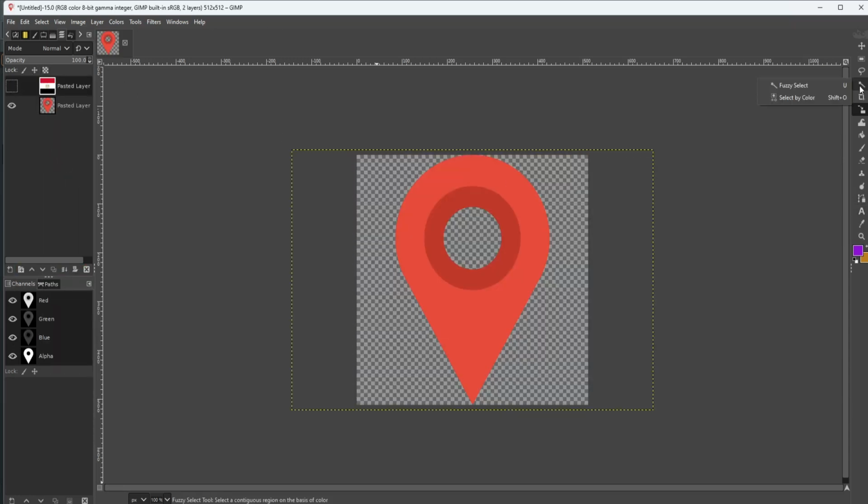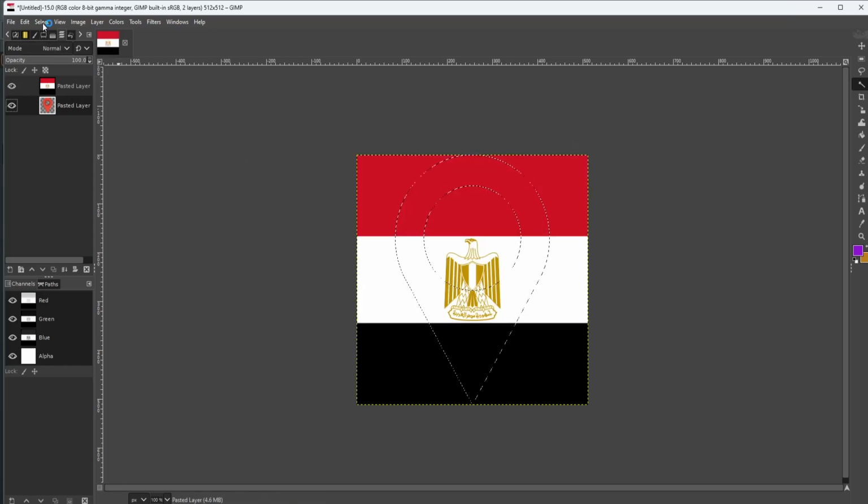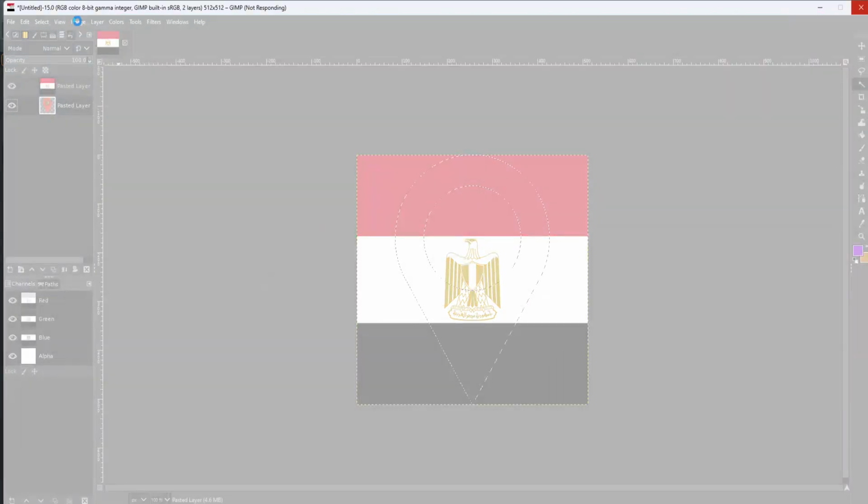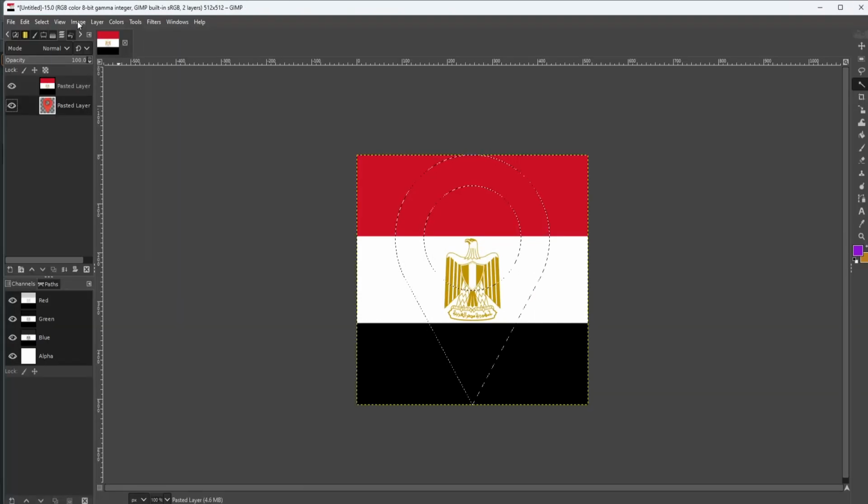Then I right click and press new layer. Then I press the fuzzy tool and I highlight the pin. I make sure that the bottom layer is highlighted before I actually highlight it all, or it will just select the first bit. Then I go to select. Bit of drama. Then I press select. So I go to select next